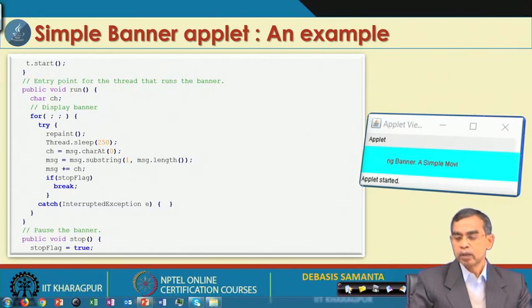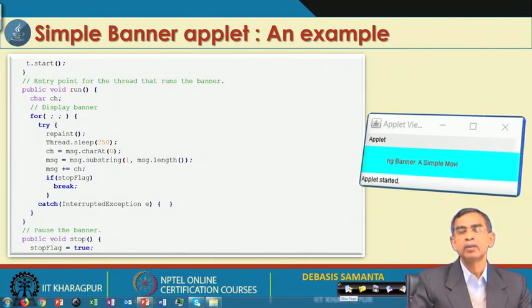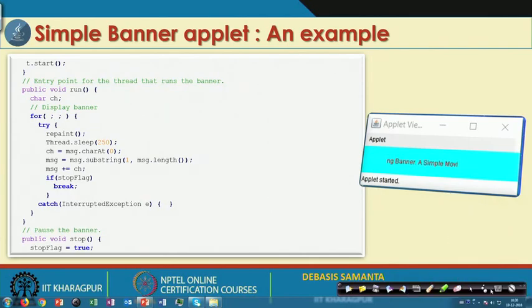Anyway, the basic idea is the different methods which are there in an applet, like init, start, stop, then paint, update, repaint. We have tried to give an idea about how these methods work. Whenever you run different programs, you can innovate different ways of viewing the applet. Moreover, all those things will come into great effect whenever we develop a calculator. We will see exactly in our demonstration how such advanced applets can be designed, and how those methods will be used.